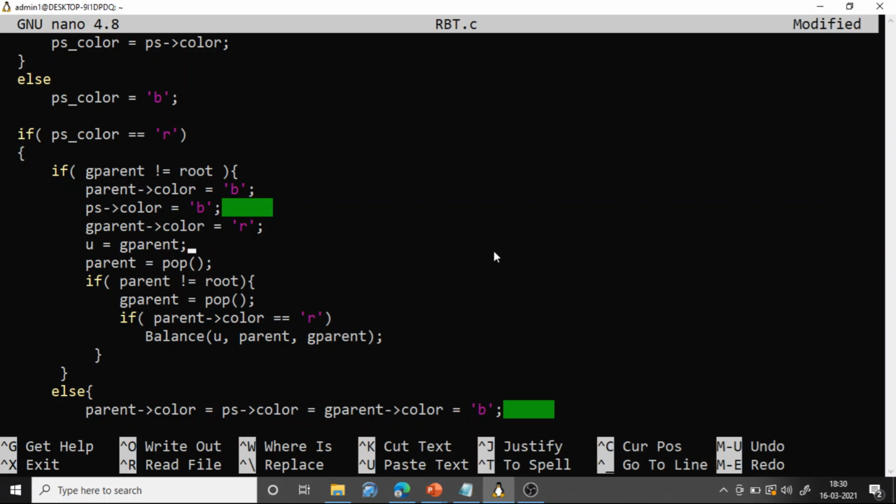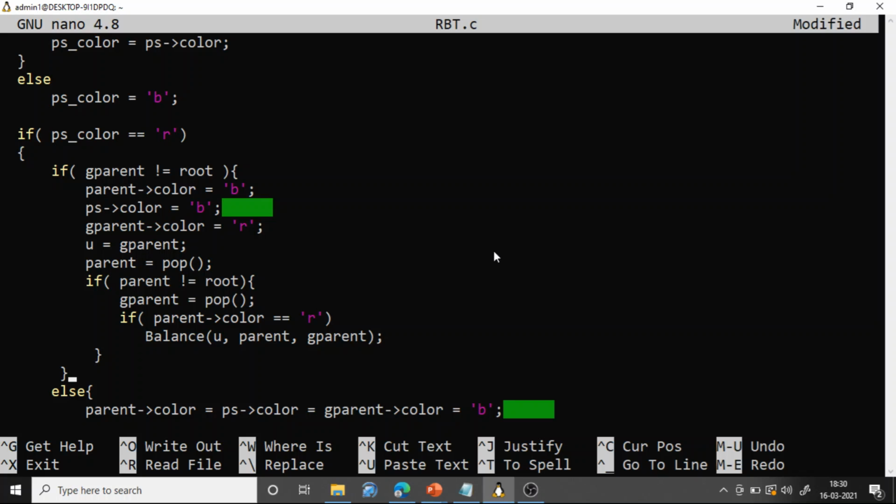Suppose there is a parent for the new u node, and that itself is the root node. In that case, you need not do anything. Because current u is red, and if the parent is the root node, surely it will be in black color, so it is not at all an issue. So this is what the first if says.